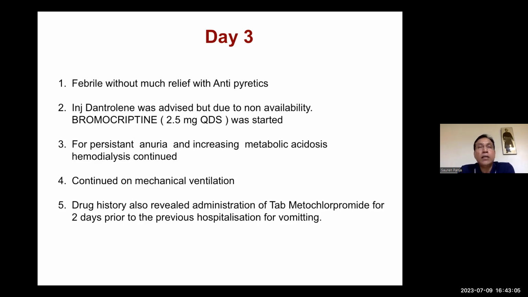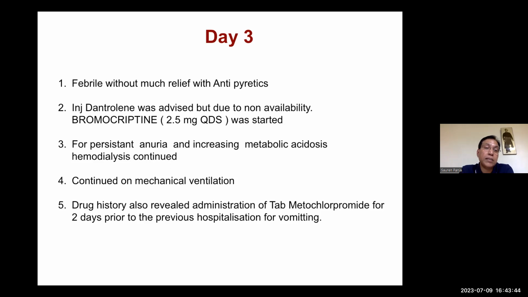So considering that CPK level, we considered a diagnosis of neuroleptic malignant syndrome. So we had given bromocriptine because dantrolene was not available. And for persistent anuria and increasing metabolic acidosis, hemodialysis was continued. That also helped in a reduction of temperature, because after the second dialysis onwards, the patient's temperature was also controlled. I don't think it is only because of the bromocriptine, as rapid reversal of NMS should not happen, but I think hemodialysis helped a lot in controlling the temperature,